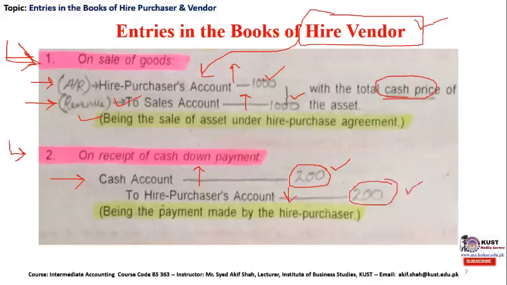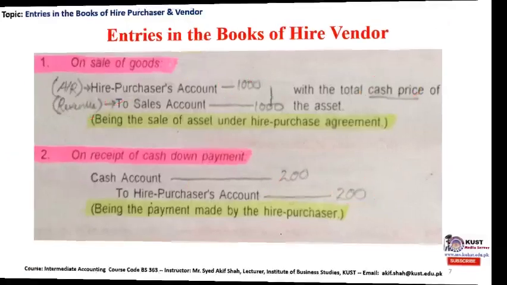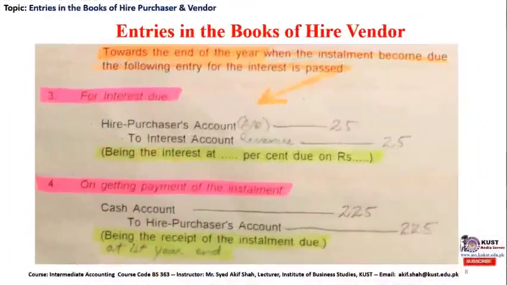The account receivable of the hire vendor from the hire purchaser account will be collected at the time the down payment has been received. And the narration says being the payment made by the hire purchaser upon down payment. Then the vendor will make two more subsequent entries, like towards the end of the year, when the installment becomes due,